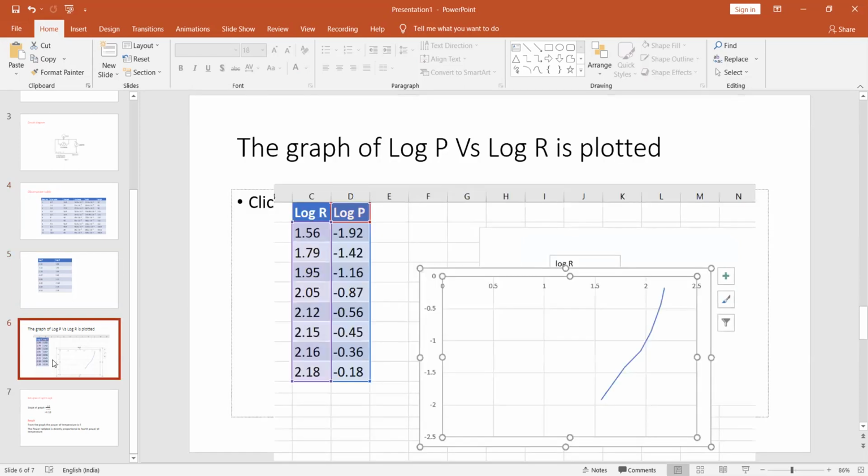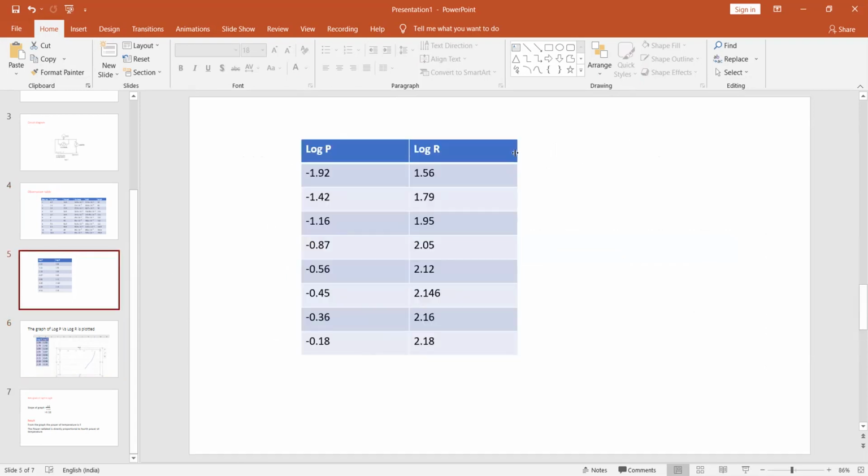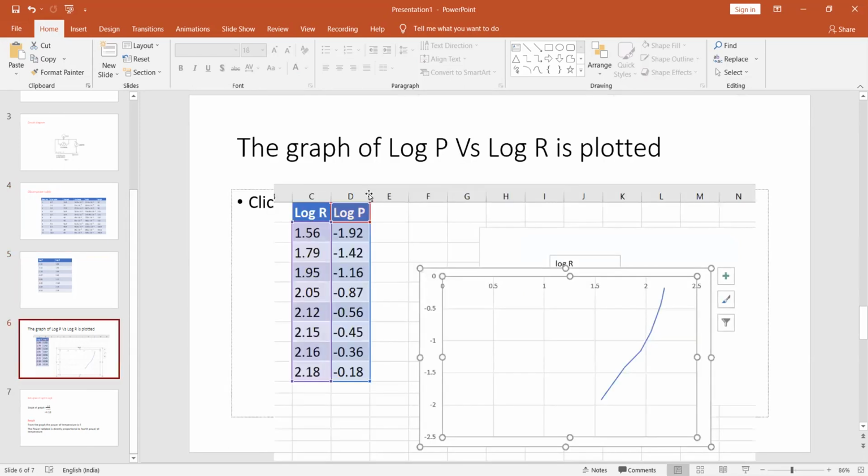Then we plot a graph of log P versus log R. Log P is on the y-axis, log R is on the x-axis. Here there is an interchange in the table, but here log R is on the x-axis and log P is on the y-axis. The values of log R are positive. The values of log P are negative. So x coordinates are positive and y are negative. Hence the graph will be